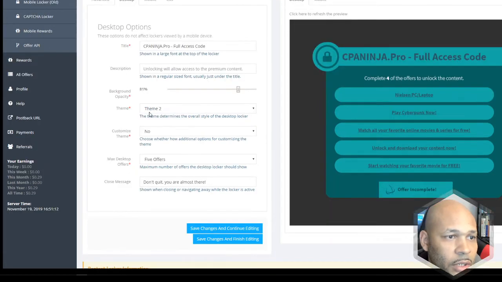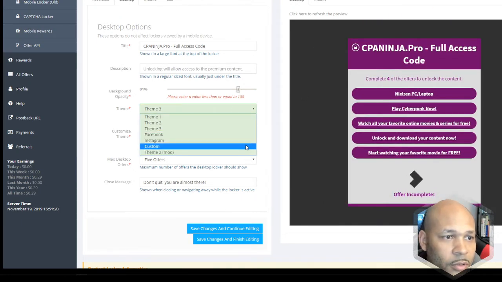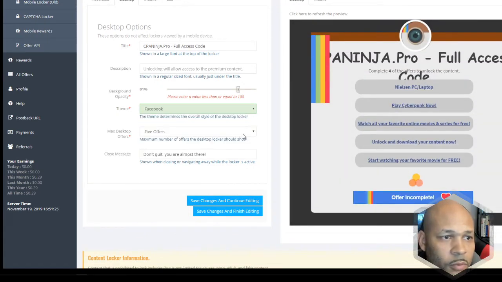Let's see what else you got. You got different themes, so I can pick different themes. This is how you change the look and feel of it. It'll refresh, so you can go through those. There's an Instagram theme, Facebook theme,